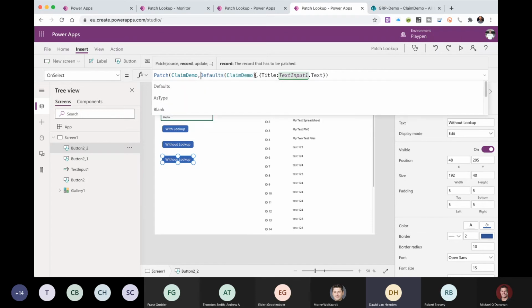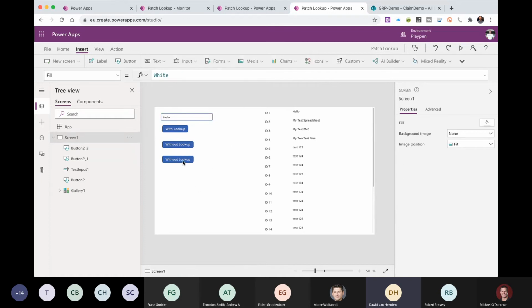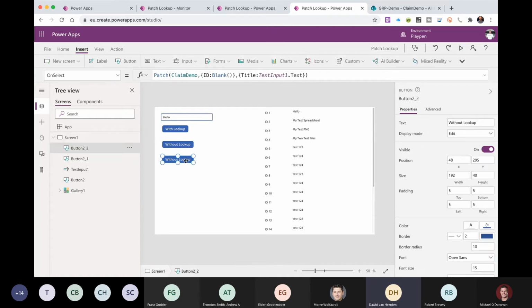Now you can use a similar thing to what I showed you to create a new record by saying the primary key is blank. This will also tell Power Apps that it could just go and create a new ID or a new record. So if I run that